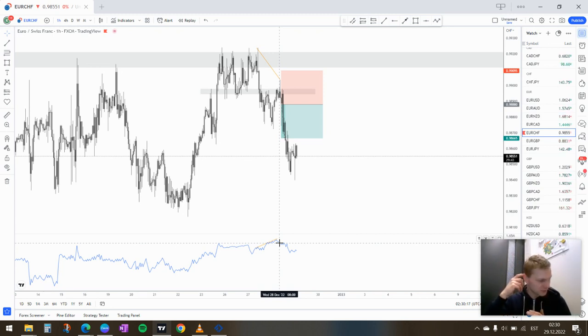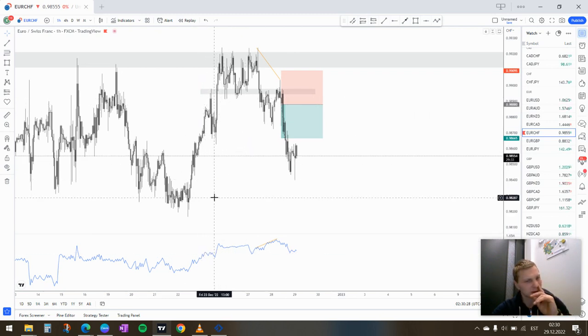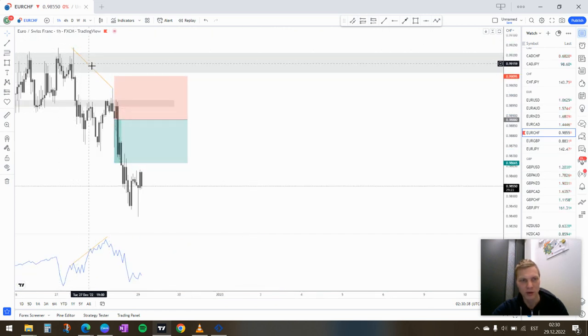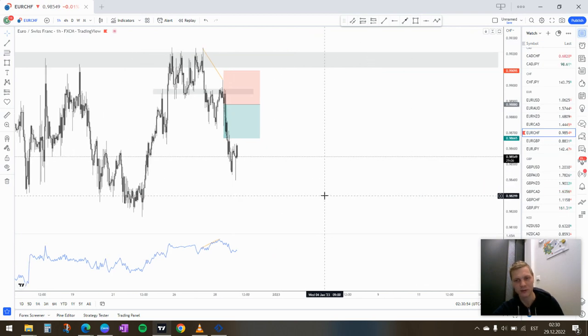I don't know how to say it, like the highs and the lows of the lines and the candles don't have to match up from wick to wick, because from here to here price is going down, in a downward motion, but on the OBV, the line chart, the price is going up, right? So one thing I've noticed with trading with divergence is that you don't need to have the